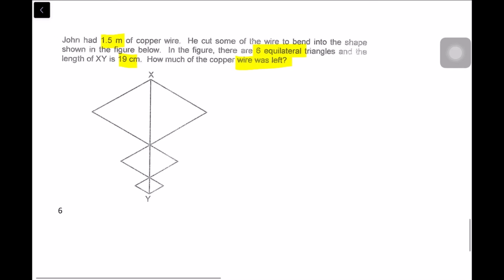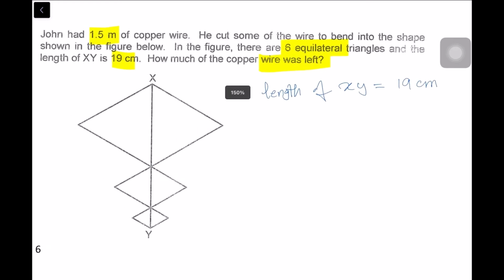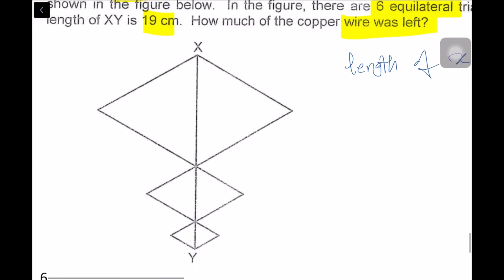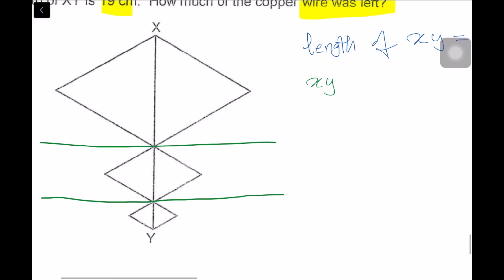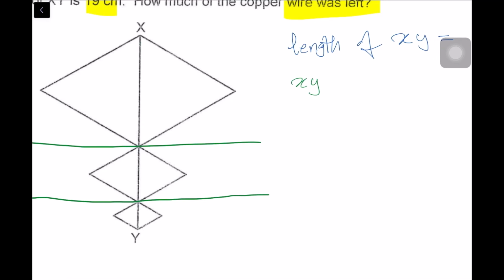So, we know that the length of xy is equal to 19 centimeters, right? And these are 6 equilateral triangles, which means that if I break this figure up into 3 smaller figures, you would observe that xy consists of 3 bases of different equilateral triangles. We have one base over here, and the second base over here, and we have the third base over here,